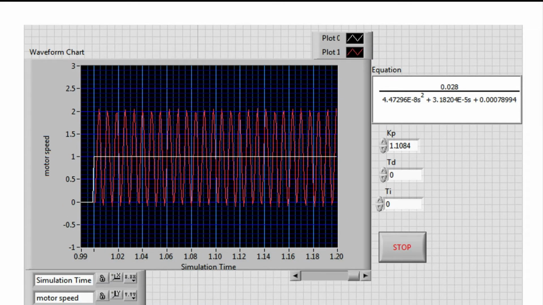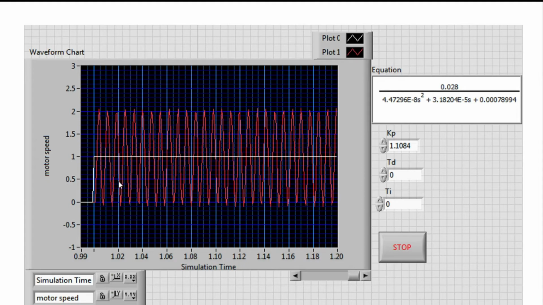For this transfer function only, I got KP equal to 1.1084 when I got sustained oscillations, which are not increasing and not decreasing. So this is my ultimate gain, KU.